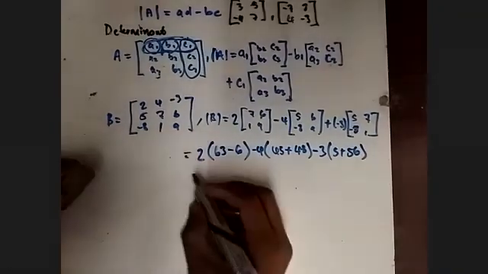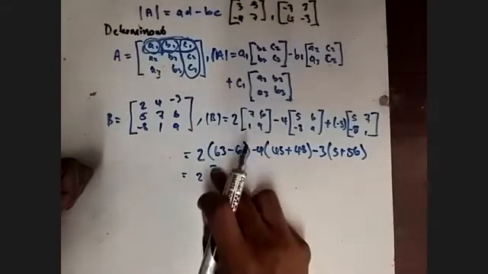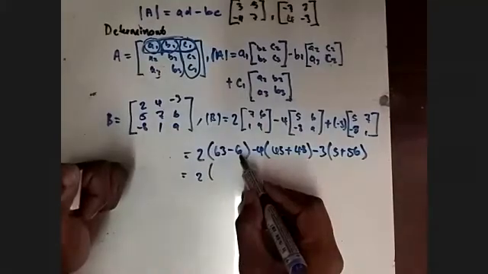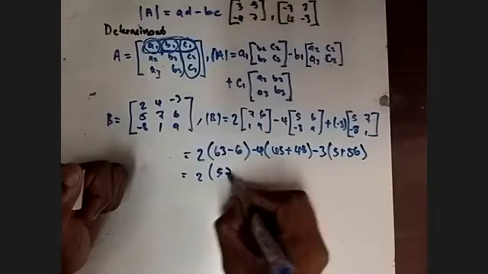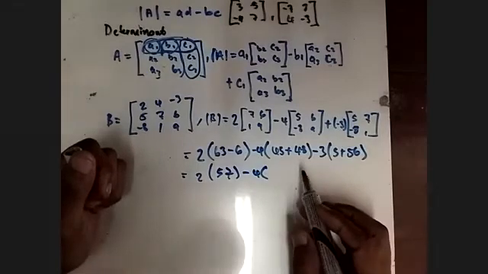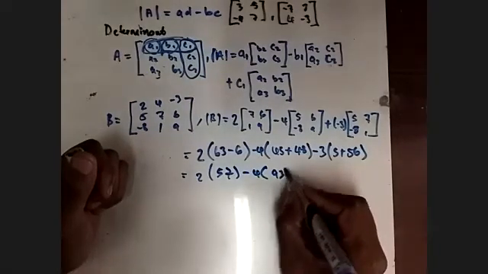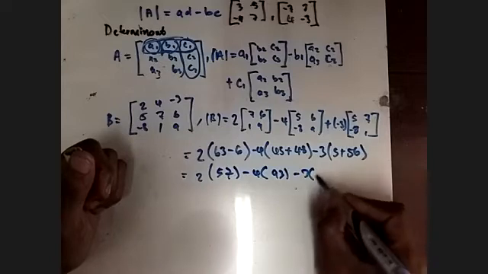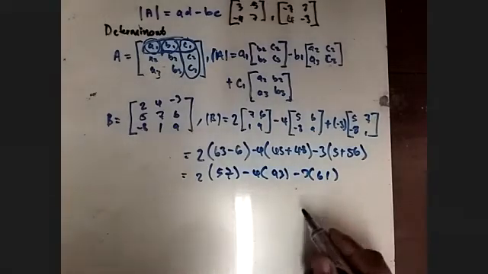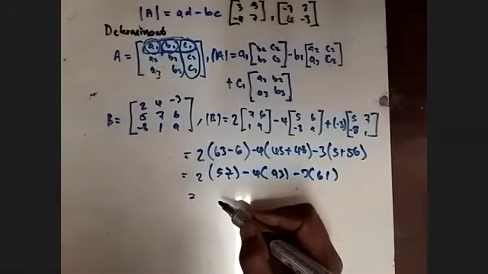So the solution becomes 2. Okay. So it becomes 60 minus 6. It's 54 plus 3. It's 57. Minus 4 times 45 plus 48. 93. Minus 3 times 61. Okay. And then this, I think 2 times 57. I think it's